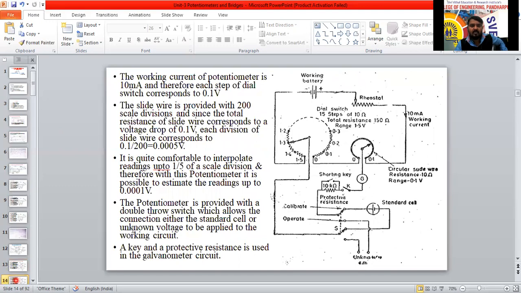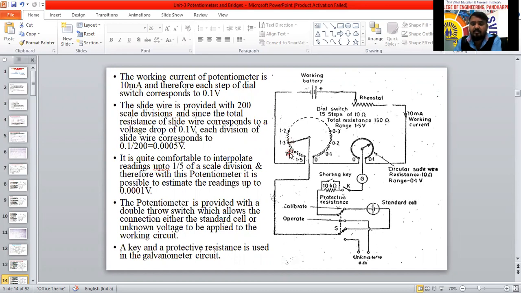Next is the working. This is the construction also; the working principle I will tell now. See here, whenever I switch on the supply, the battery turns on, then current will start to flow here from the positive terminal. But this current can be controlled by a variable rheostat. By varying this, I will set the working current as 10 milliampere. The working current of the potentiometer is 10 milliampere, and therefore each step of the dial switch corresponds to